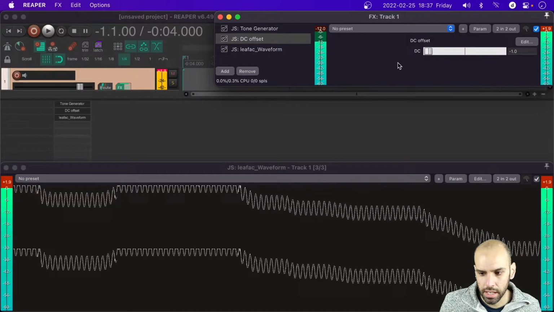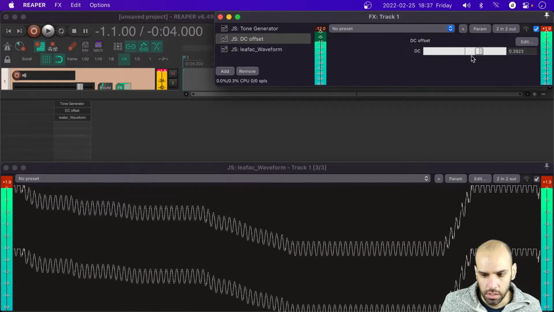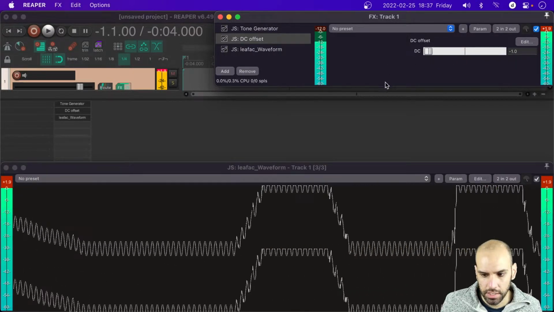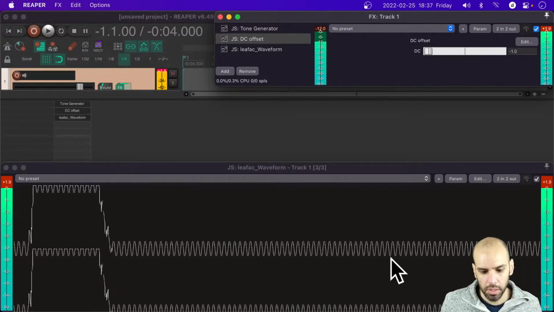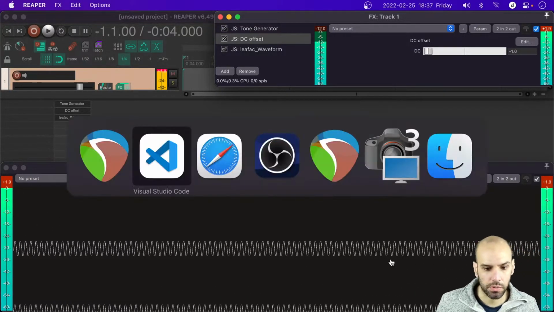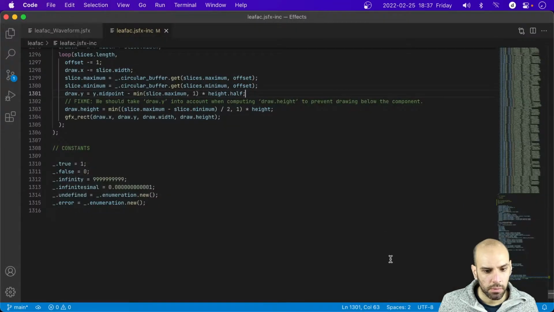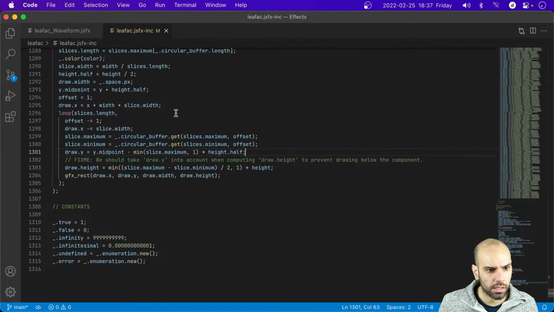When I go down, then you can see that these two waveforms are overlapping here, because when I go down, I'm not clipping at the bottom. That's the issue. That's what we need to solve. Maybe I can make the issue a little bit clearer if I draw